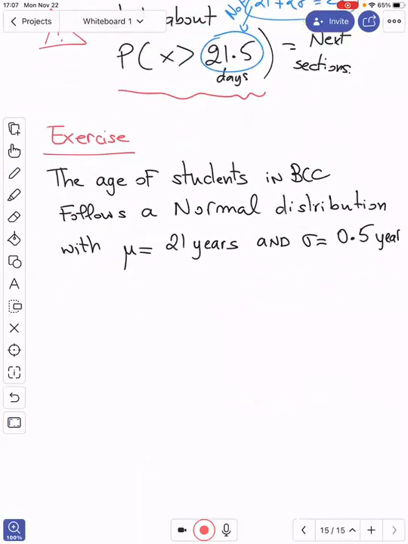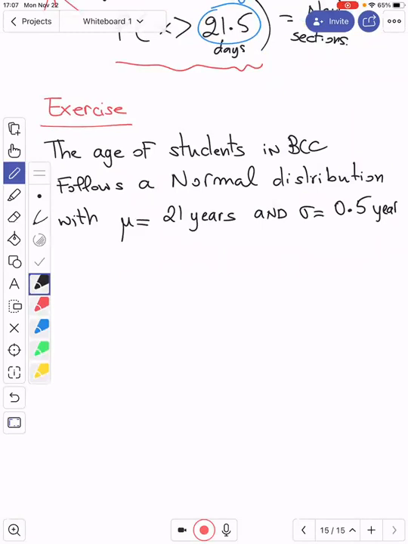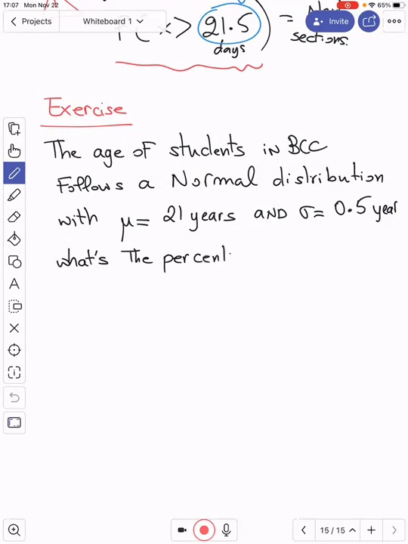So what's the probability, or the percentage, of students with age